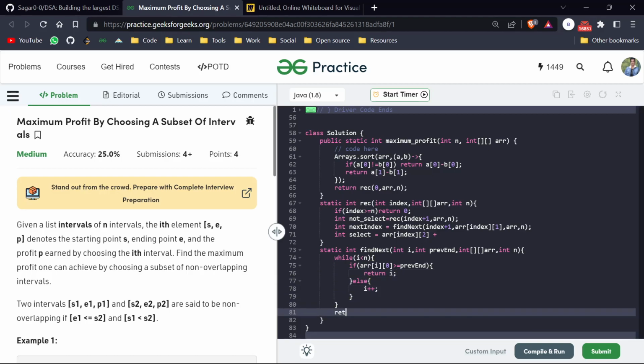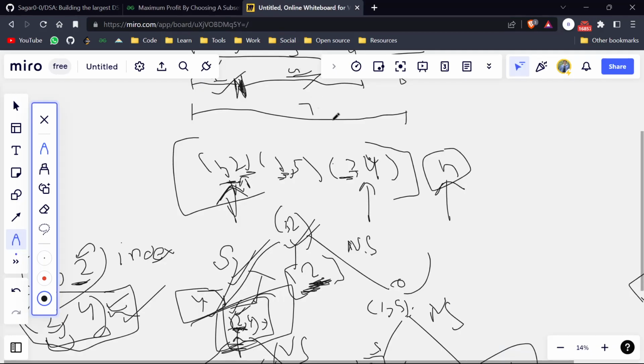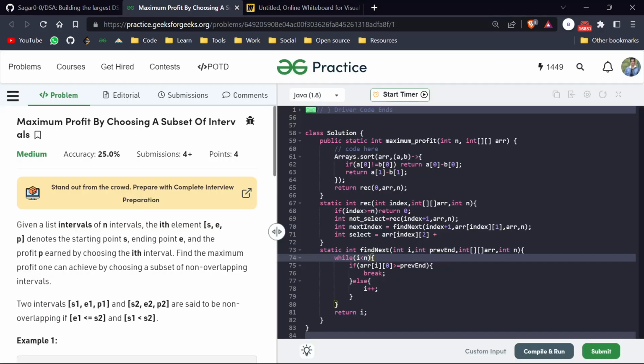Else we will also return this i, because at last we will just return n. So we don't have to return here, I will just break, and at last we will just return this i, even if i is equal to n. So if i is equal to n, then we will just fall in this case, so it will return us 0, obviously. And here we now have to use the recursive function of this next index, and we also have to pass the array and n. So that is it. Now focus on this function, and at last we have to return